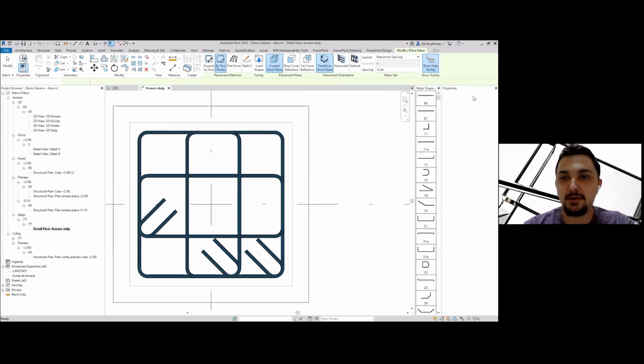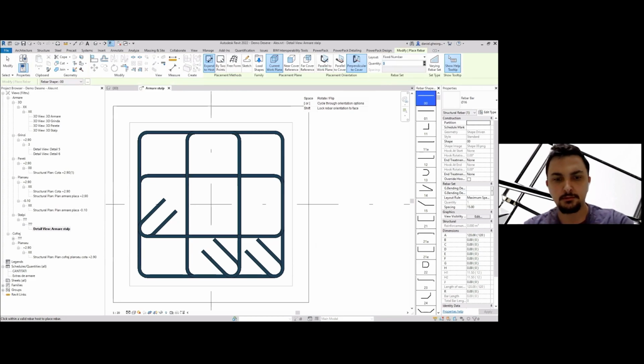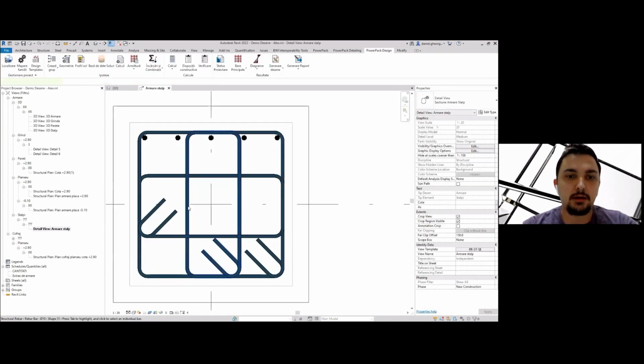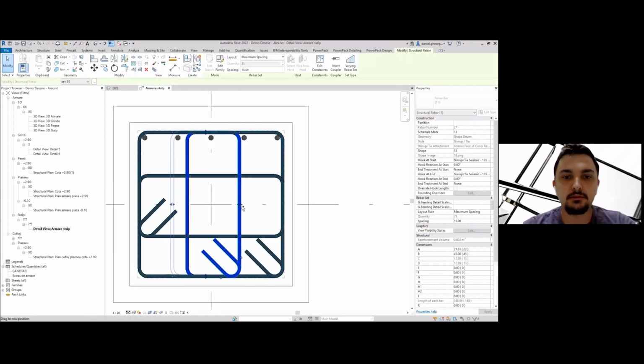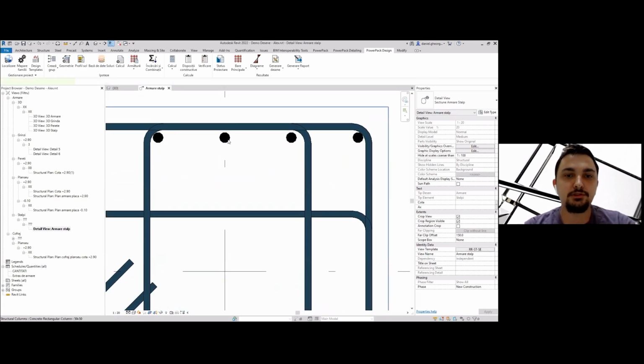So now you have all the tools you need to speed up your whole process. Okay, so as you can see, I was able to easily generate some stirrups. I can drag them around, and also besides the two point placement, you are now able to move